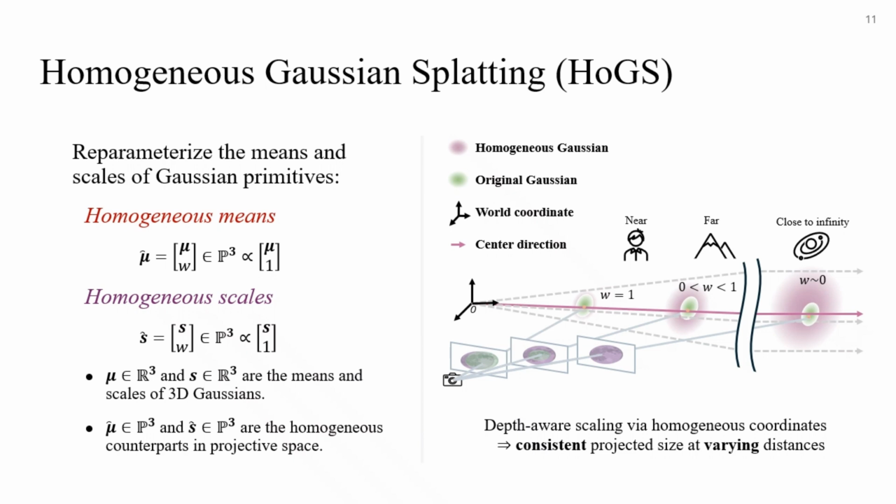We reparameterize both the means mu and scales s of 3D Gaussians into mu tilde and s tilde, which share the same homogeneous component w. By doing so, we ensure that the means and scales act as a unified representation within the same projective plane in order to respect projective geometry. This approach simplifies the optimization of the means and scales for distant objects, which are often not faithfully represented in